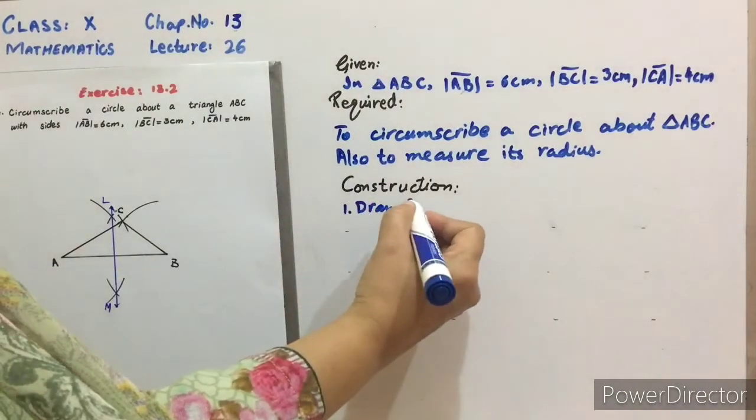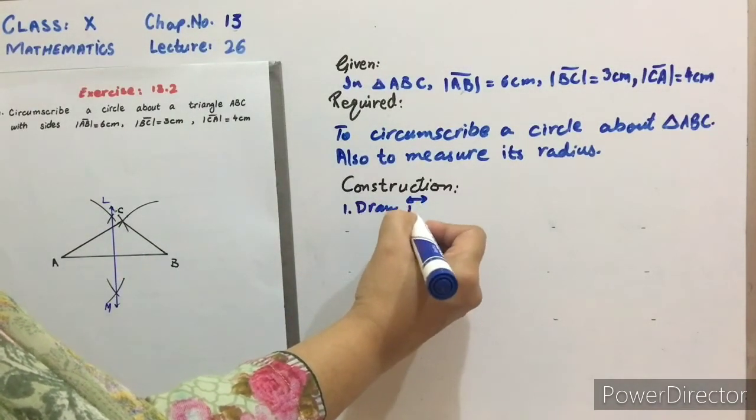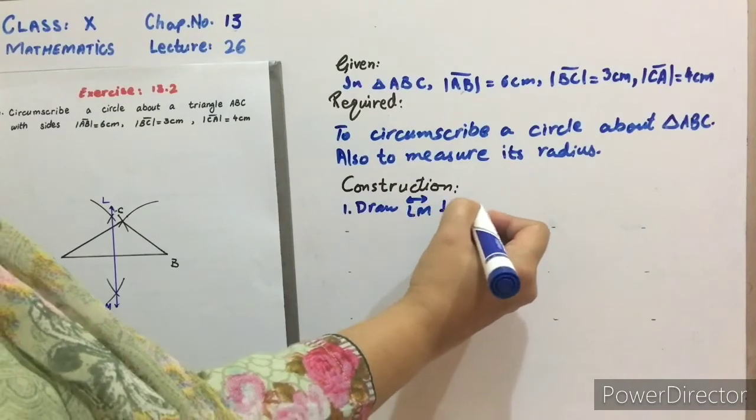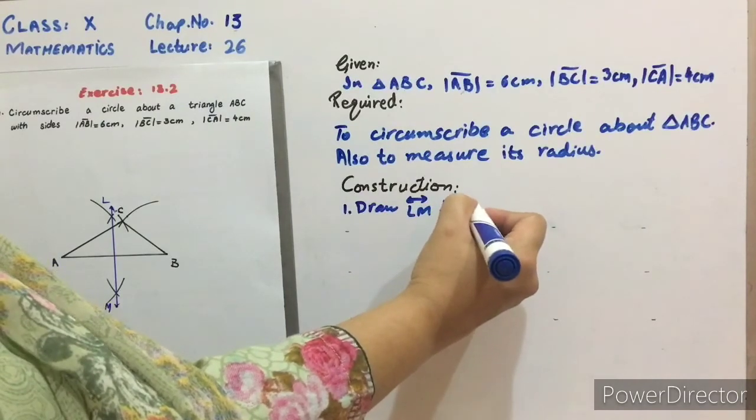Draw line LM, the perpendicular bisector